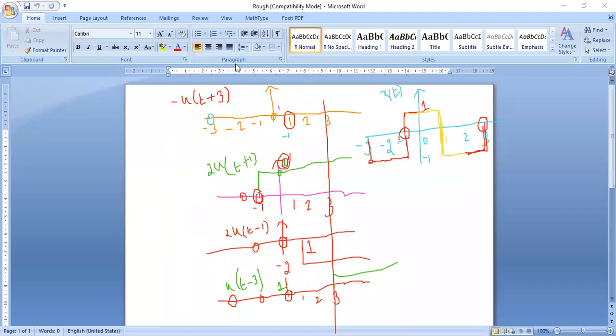You just listen carefully. So I hope you understood the 4 diagrams, how to do it. So now I should go from the left hand side to the right hand side. So let me start with the left hand side. I have at -3. I think I have erased the diagram. At -3, the amplitude is -1. Okay. And if I see the other diagrams, I do not have any value. So what I will do is, at -3, I will raise the amplitude to -1, and I keep continuing it. I keep continuing it till I see the transition in any one of the 4 diagrams.